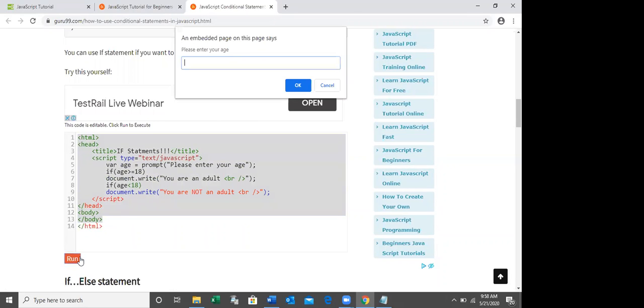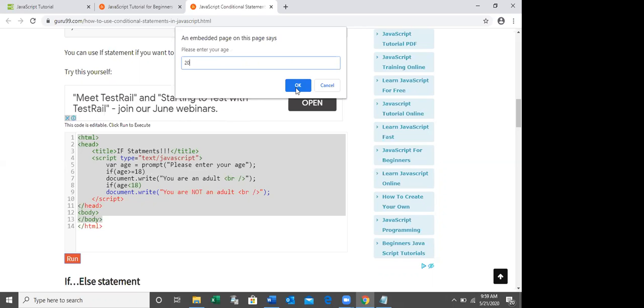See, this is the prompt box, right? Because of the first statement, prompt, please enter the age, right? You can see here, please enter your age, right? I'm going to enter 20 as my age, right? Then I'm going to press OK, right?